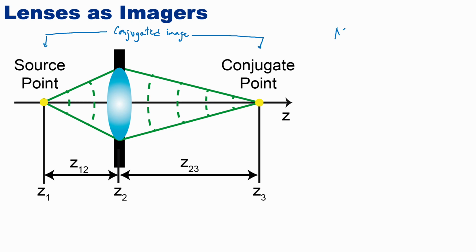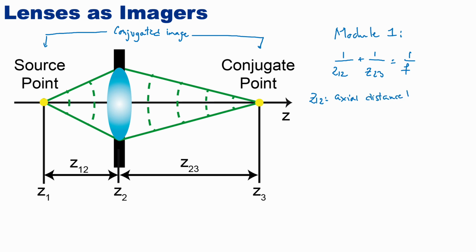So from module 1, we know that 1 over z12 plus 1 over z23 is equal to 1 over f, where z12 is the axial distance